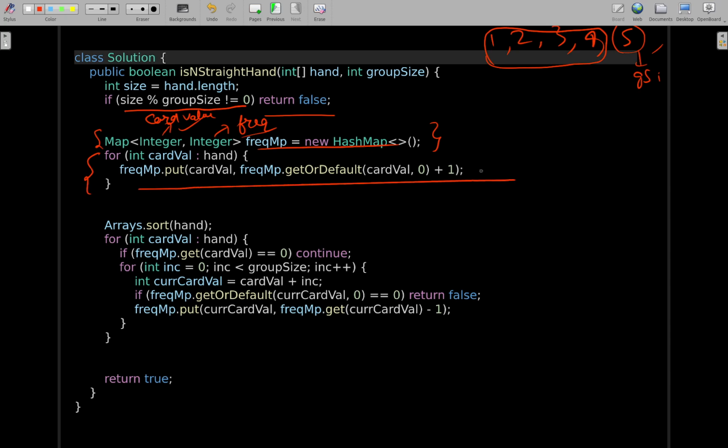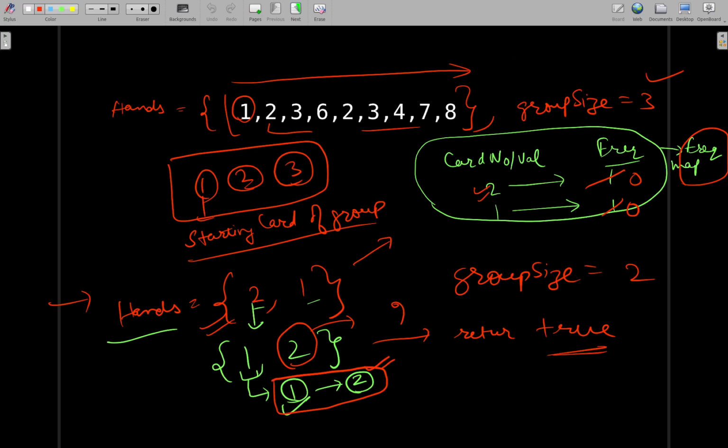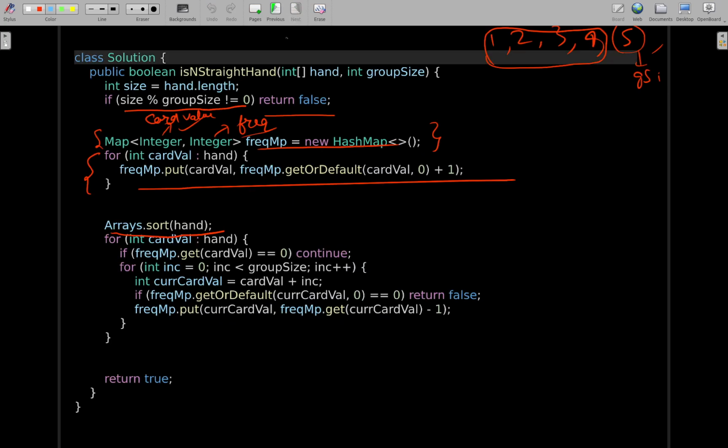Once we are done with it, I have already discussed why we will be sorting the array, because of scenarios like this case, where the input hands array was sorted in descending order and group size was 2. So in order to correctly answer this kind of scenario, you will be sorting the array. Once the array is sorted, then what you will be doing is,